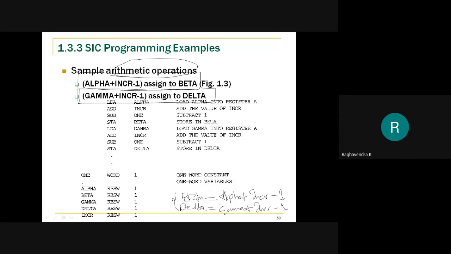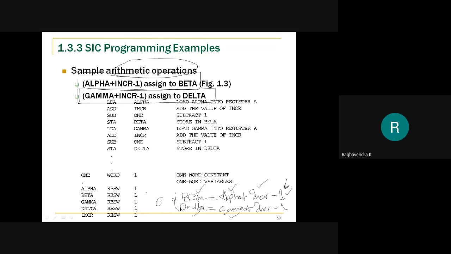So first thing that we'll do is try to declare the variables required for this. How many variables are required? Beta, alpha, increment, delta, gamma, and 1. So 1, 2, 3, 4, 5, 6. So 6 variables are required. Out of these, 1 is a constant.